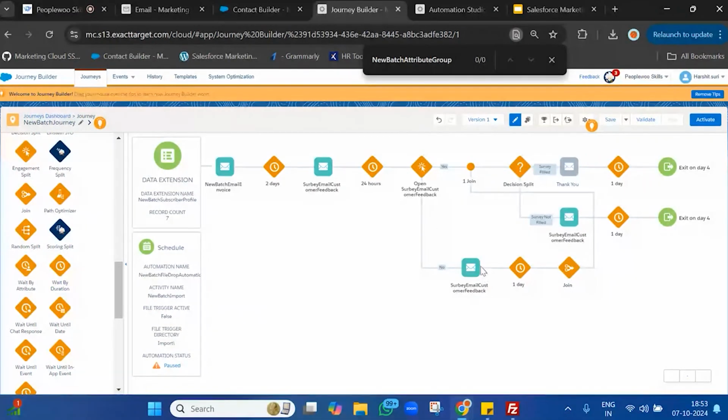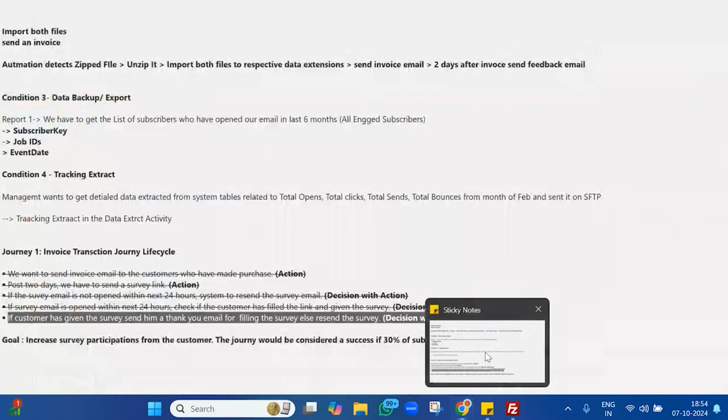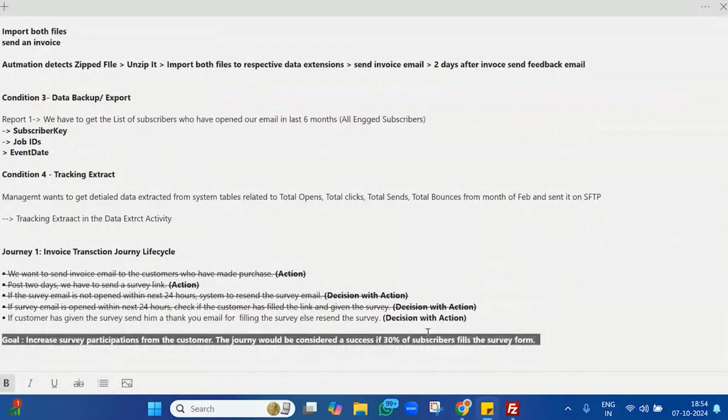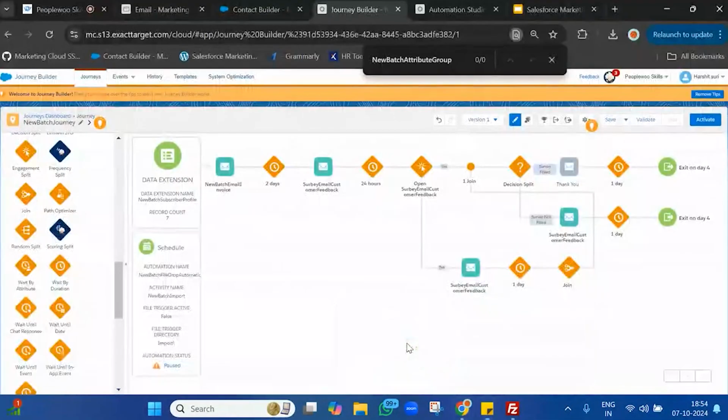So after the resend, we will check if this customer has filled the survey or not. If we don't find the customer filling it, that means we are resending to the customer. So 3 times we are sending the email for the survey. The main goal of our journey is to increase survey consideration. So a customer might get emails 3 times, somebody might get only 1 time, somebody might get 2 times,